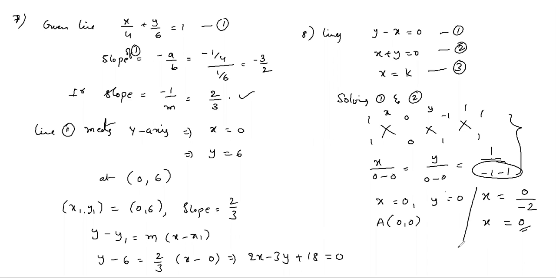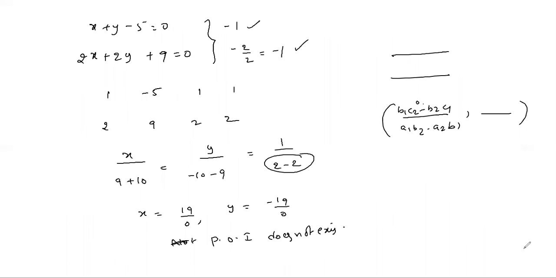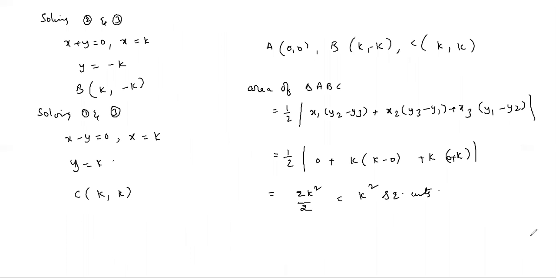Yes, sir. Sometimes only the x denominator is 0, sometimes only the y denominator is 0. Don't think that it is different. Take cross multiplication so that x may be 0. Okay. Yes, sir. For our convenience, we are following that notation process. But ultimately, we have to write the x value and y value.